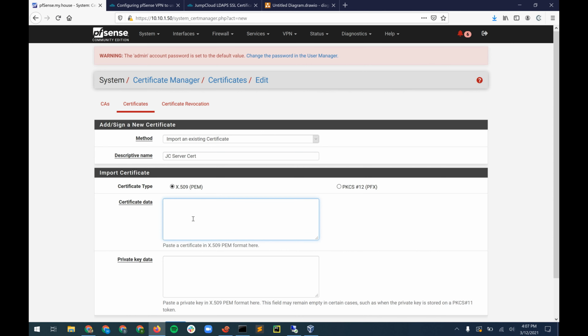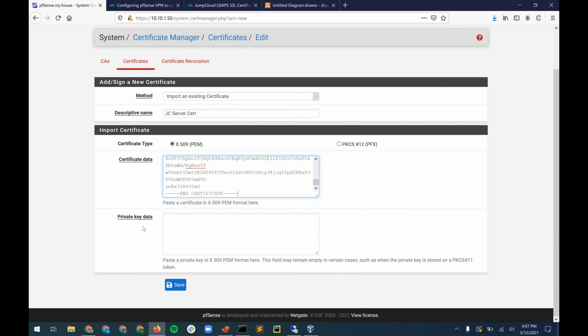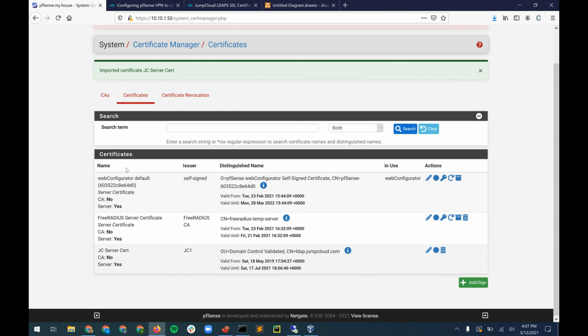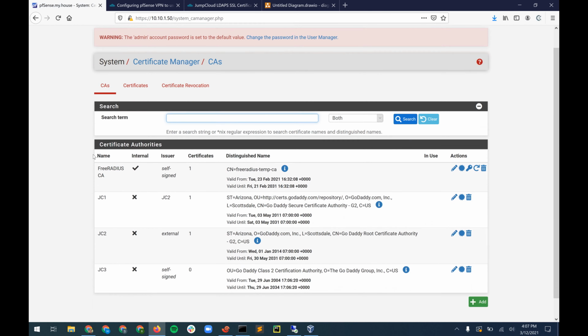Leave X.509 checked. Paste that certificate in certificate data. Don't worry about the private key. That's where I got hung up for a little bit. You don't actually need a private key here, so we're going to just save. That'll work fine. So now we're done with that particular document from JumpCloud, but we do need to create a